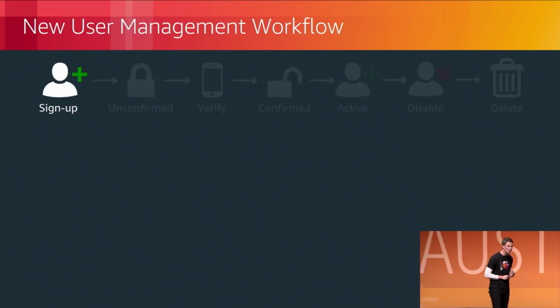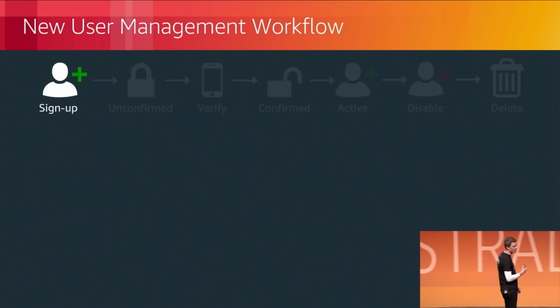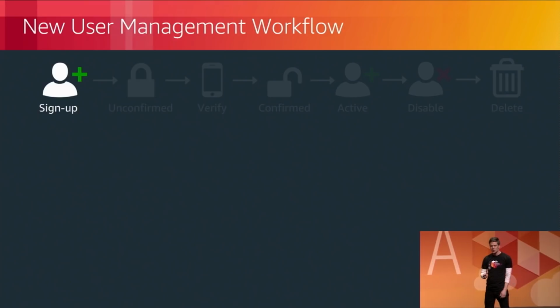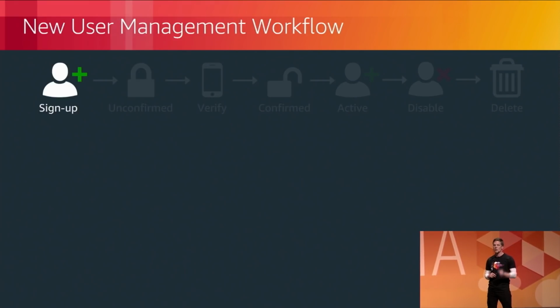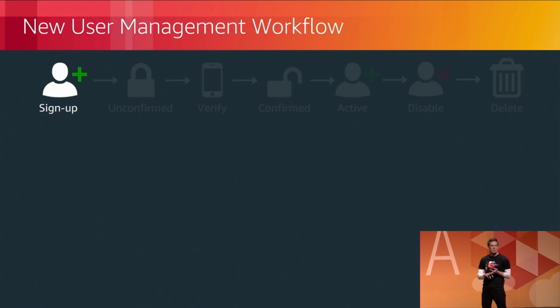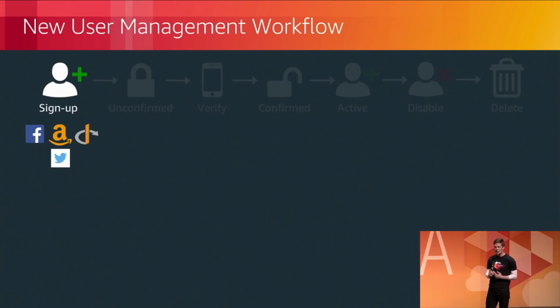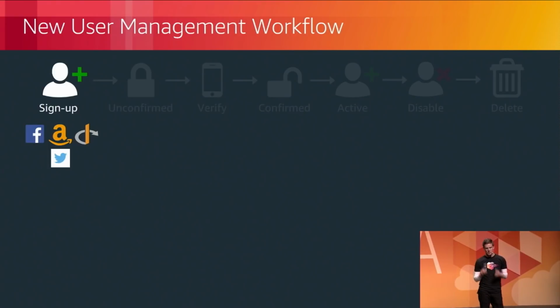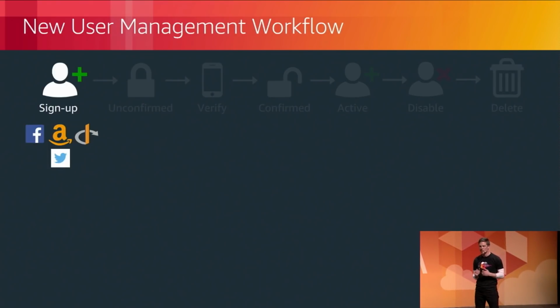So let's take a standard workflow. Let's talk about a new user signing up for my application and the workflow that we would see in a pretty standard scenario. First, they're going to sign up. Now, this can happen generally in 2 ways. One, I present them with a form. I ask them to provide details about themselves: username, password, email address, phone number, other details, so that that user has an identity. The second way they can log in, as we talked about, is a federated identity. I love it when an application gives me the option to use an identity that I already carry somewhere else. One less password to remember, one less password policy to deal with, one simpler situation for me as a consumer.